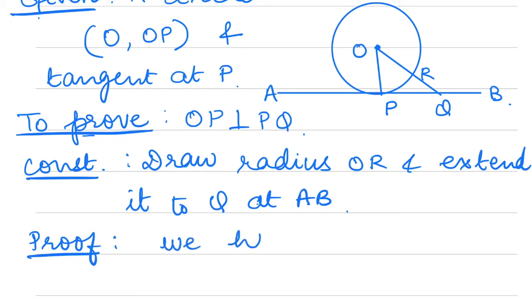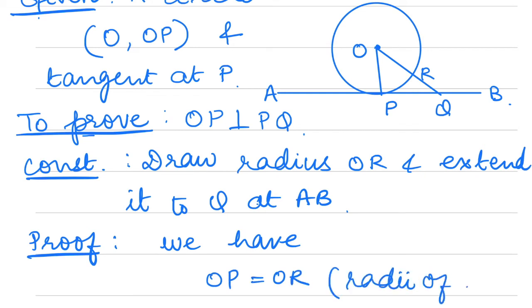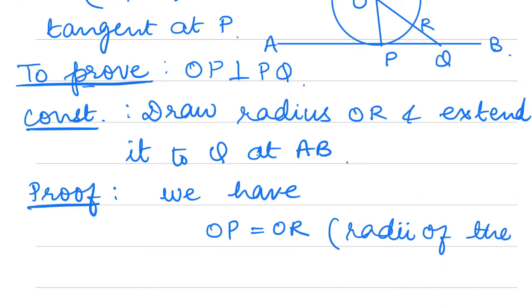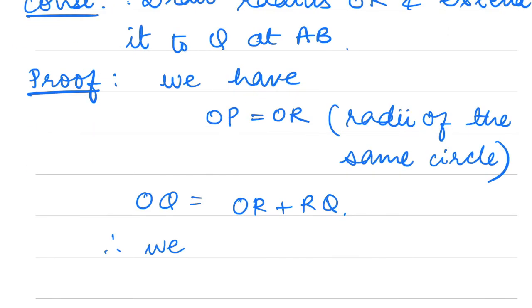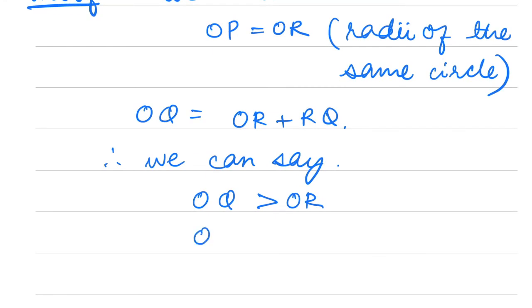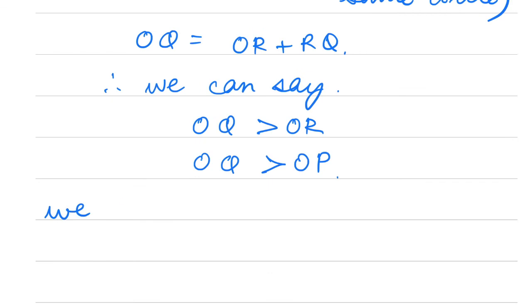We have OP equal to OR, radii of the same circle, and we know OQ is equal to OR plus RQ. We can say OQ is greater than OR, or I can say OQ is greater than OP, and we know